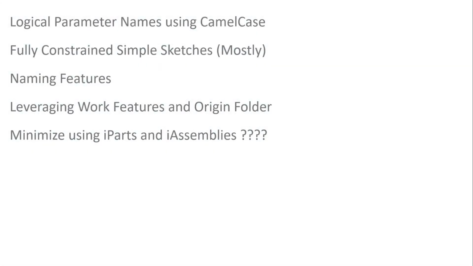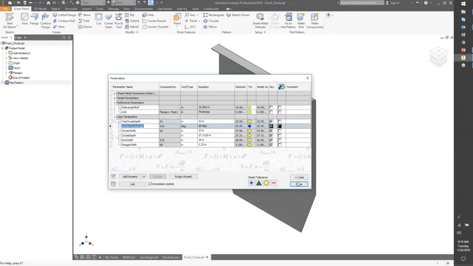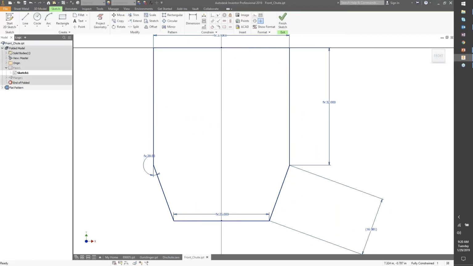Best practices for Inventor is we want to make sure that we're fully constrained in our sketches. And why do we want to do that? Inventor really doesn't care. If I throw down some geometry within a model, Inventor doesn't care if it's fully constrained or not. So if I go to my face here and I take a look at my sketch, you're going to see, I have a few dimensions here outlining,